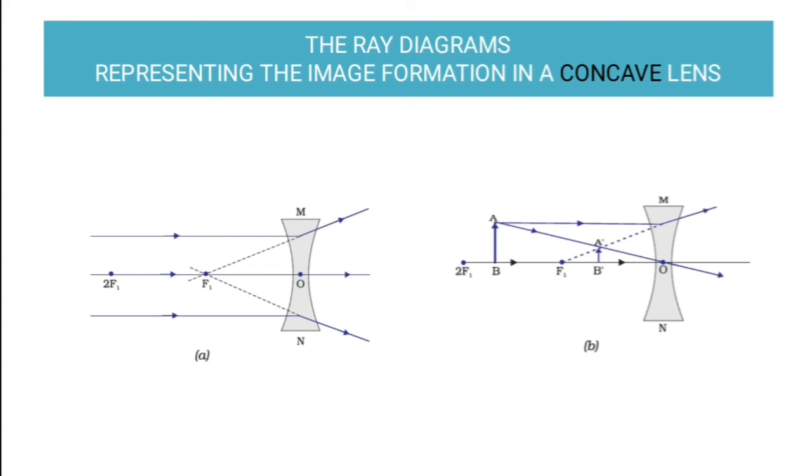Then there is a second case where the object is anywhere between infinity and the optical center. If that is the case, then the image is a little bigger than in the earlier case, but it is still diminished compared to the object size, and it is formed between f1 and the optical center, like you can see here also. So those are the two cases of a concave lens. If you know the table, I repeat, if you know the table,